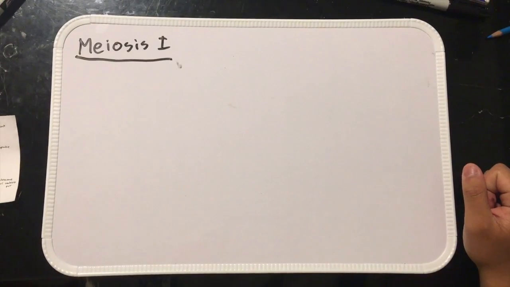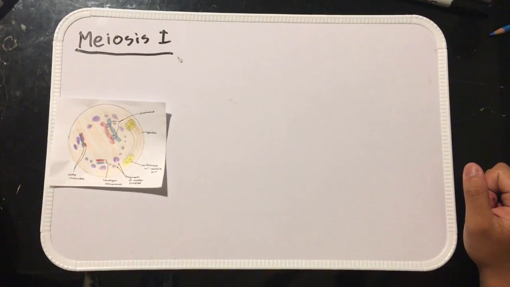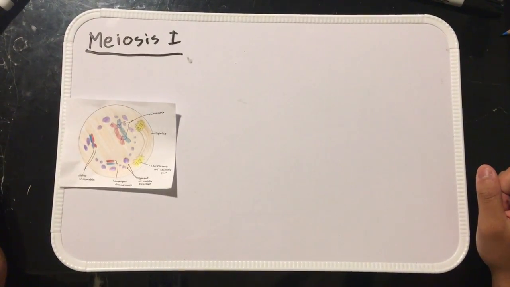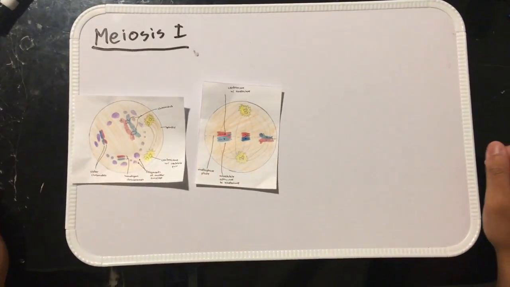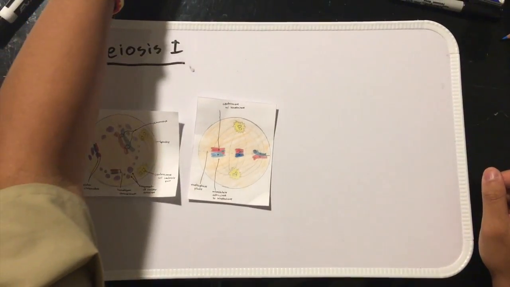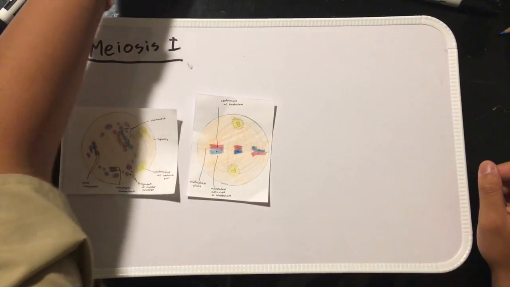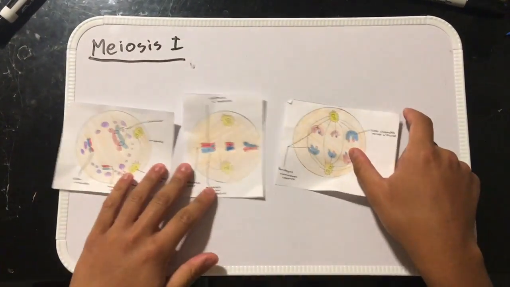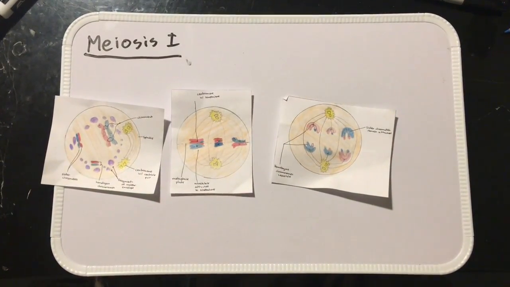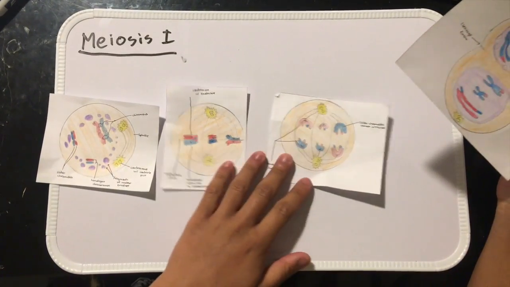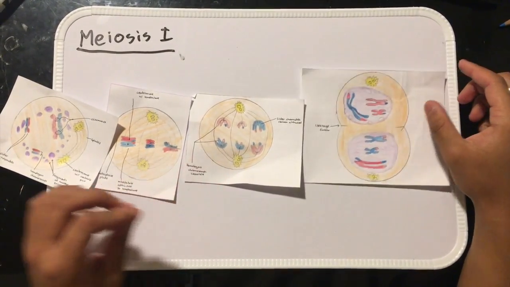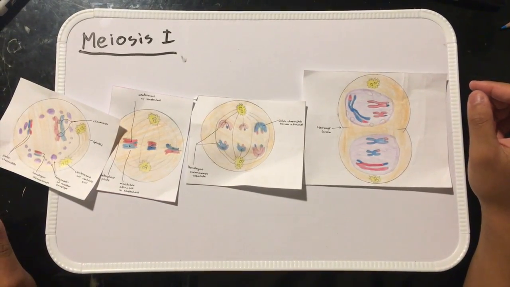The first stage of meiosis 1 is prophase 1, in which duplicated homologous chromosomes pair and exchange segments. Crossing over occurs in this stage. The next stage is metaphase 1, in which chromosomes line up by homologous pairs. The third stage is anaphase 1, shown here, in which each pair of homologous chromosomes separate from one another. The last stage is telophase 1 and cytokinesis, in which 2 haploid cells form, and each chromosome still consists of